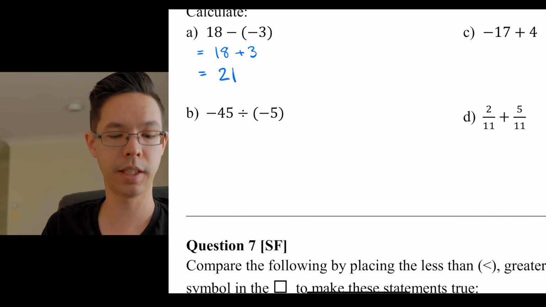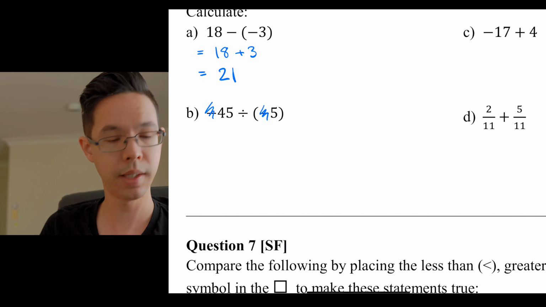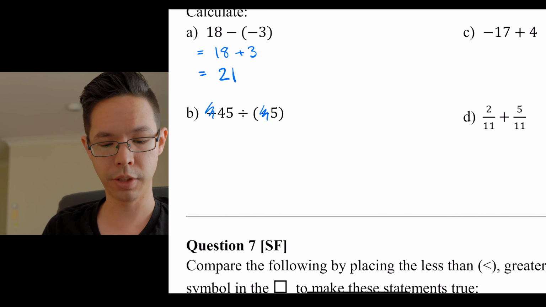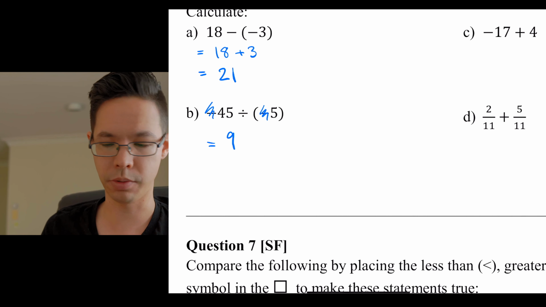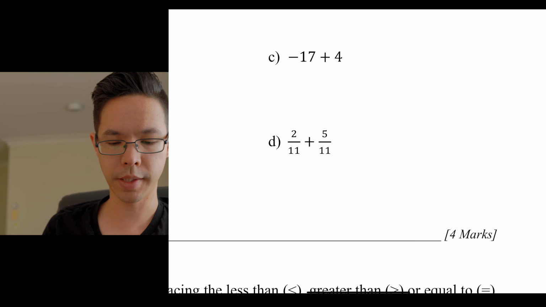Negative divided by negative is a positive, so I can literally scrub these away and just look at the numbers now. 45 divided by 5, that looks like 9. That looks like the 5 times tables, which is an answer of 9. Moving on to C,